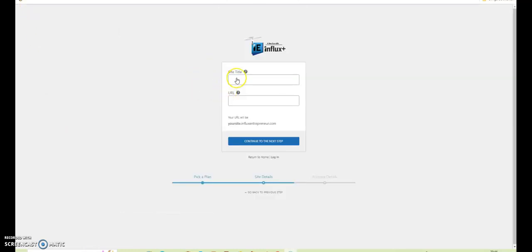Then you enter a site title, just the name you want to use for your URL. You can have the same name for that as this one, but do not put in the URL. Don't put in influxentrepreneur.com. It's something that the site itself will put in for you when clicking this blue button. After you have done that, you will enter an email address, and then you get an email that everything is set up, and then you will head over to the WordPress back office, because everything is built on WordPress.